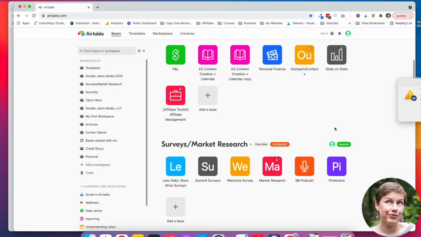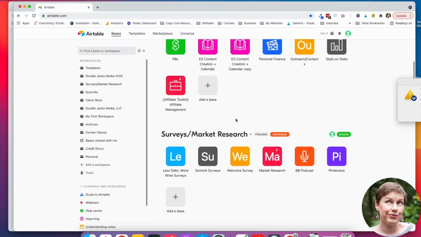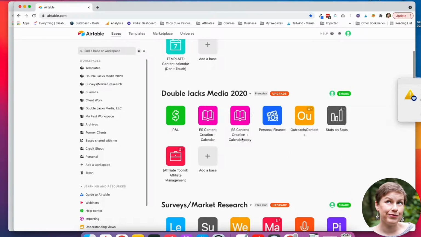Airtable is a great free tool for those that love organization but don't like to think about spreadsheet formulas. So I'm just going to walk you through using it and some of the things you can do. Like I said, it is free. There are, of course, paid upgrades because what tool doesn't have that? But honestly, you can get by with the free plan if you really want to. I don't think I have any paid upgraded workspaces.